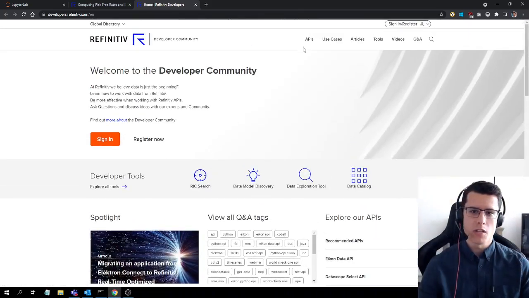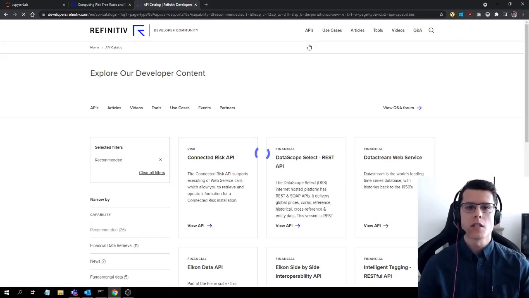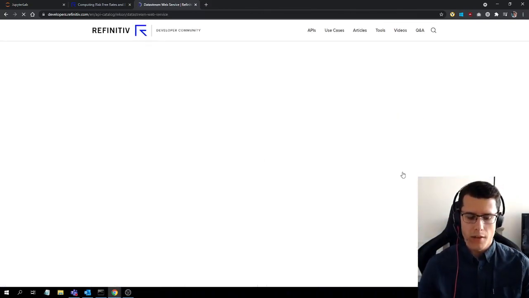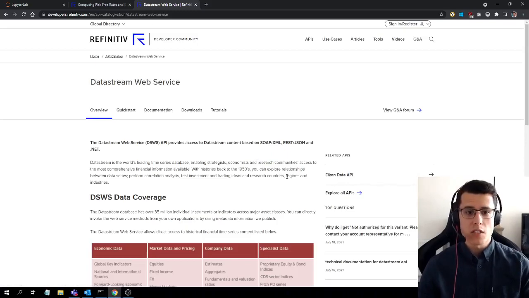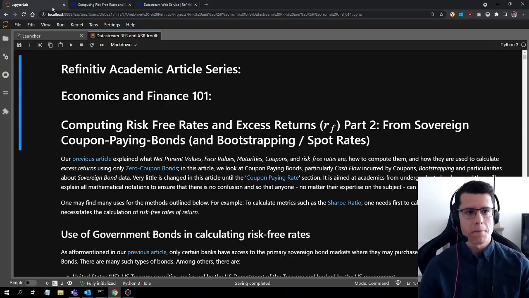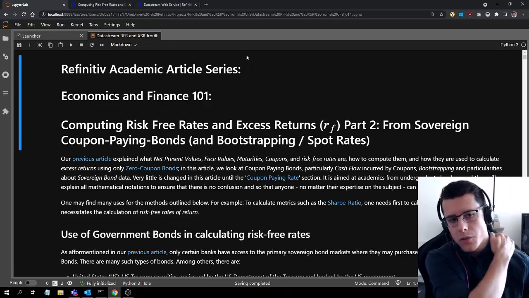Maybe you'd be interested in APIs. So today we're going to be using Datastream. Datastream is just one of the data providers that are out there, and this one specifically uses a Python API called DSWS, and that's what we're going to be using to collect what's called secondary fixed income market data. So if I go back to my code, this is one of my Refinitiv academic article series